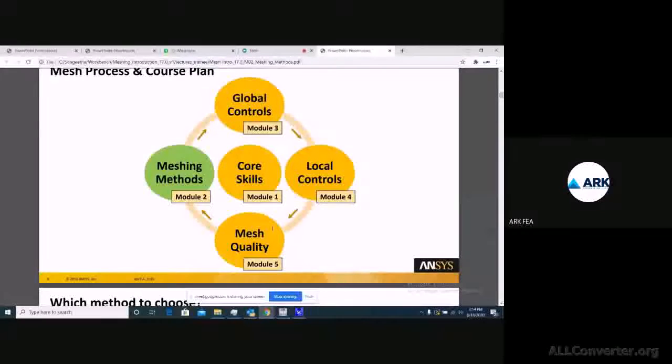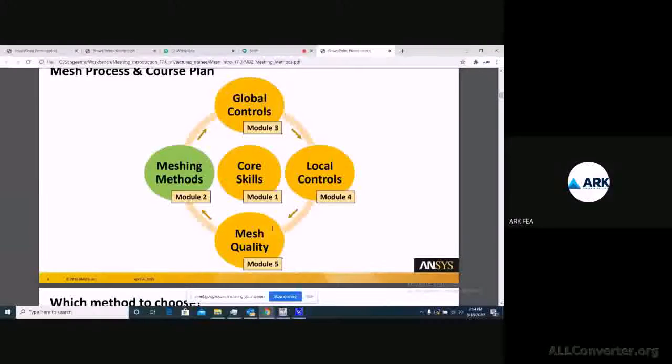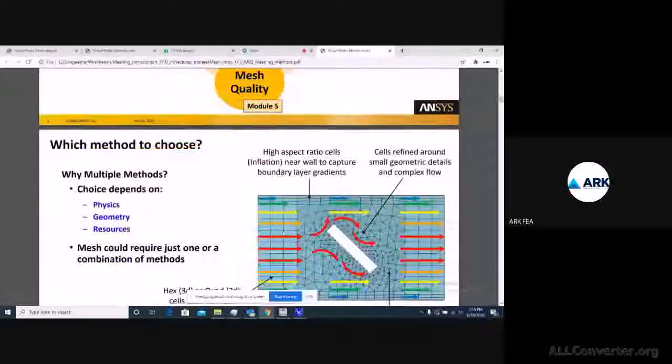Or local controls, which means that on a part, you work on edge level or surface level, or you want certain refinement in your elements. So how do we deal with that based on a surface or an edge or any single part you want to work on? That will be checking.